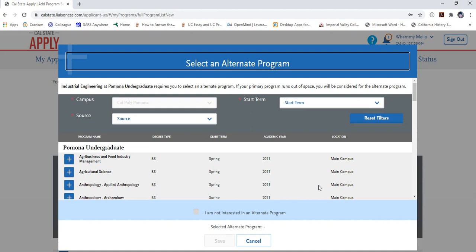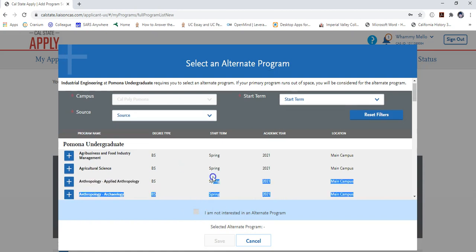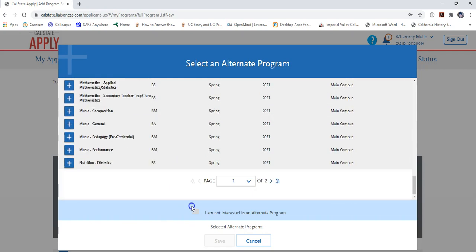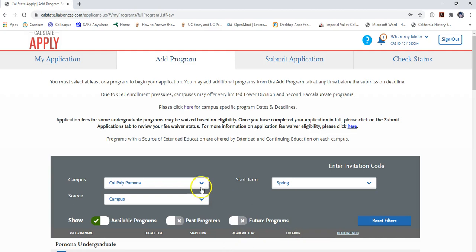But say, for instance, industrial engineering is the only major that you want to complete at Pomona, then you can go ahead and select the box, I'm not interested in an alternate program. Or if you are, you can go ahead and scroll over here and choose the major that you want to do. Hit save. And in order to add on the other campuses, you'll see that it's just campus name and Cal